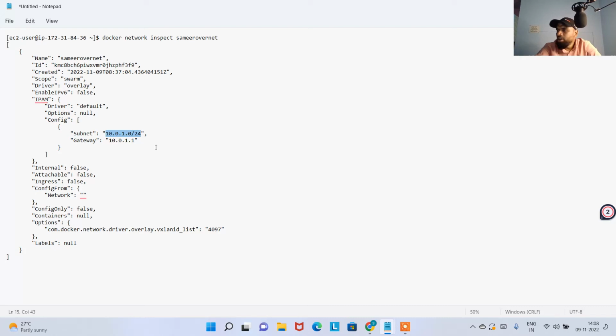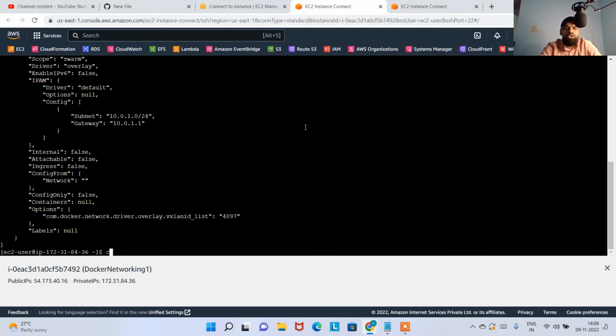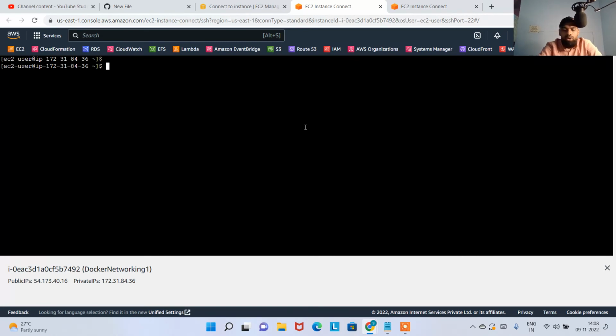Yeah, which is good. Now I'm going to create a service. Make sure you are on the first machine. Now docker service create, and I'm going to give it the name my service, and then put a backslash so that I can come to the next line. --network